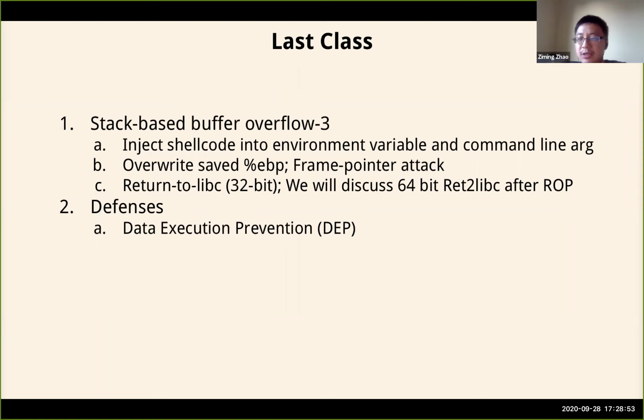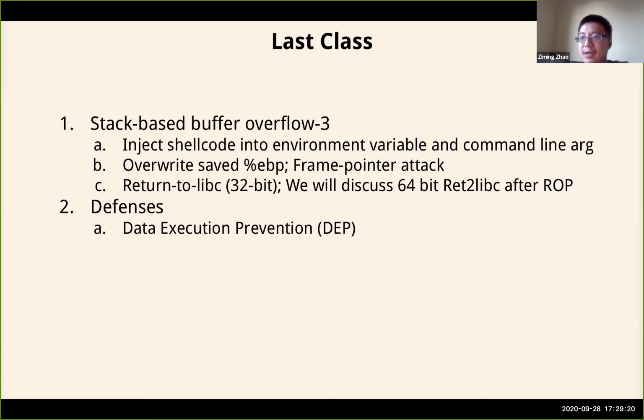And of course, in this case, we assume the stack is executable, which can be disabled in modern CPUs with the DEP feature. We also discussed, besides overwriting the return address directly, we can overwrite the saved EBP,